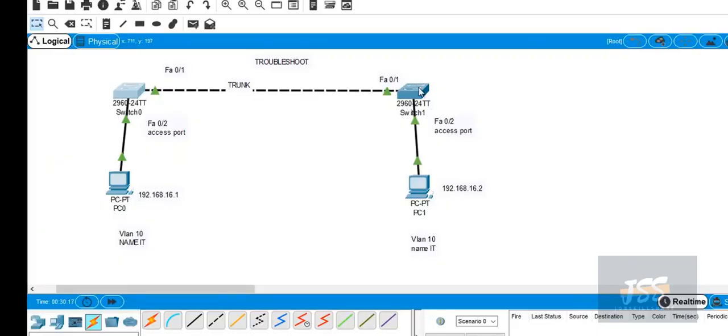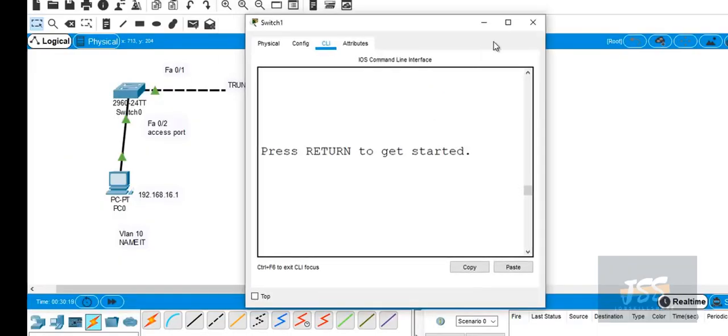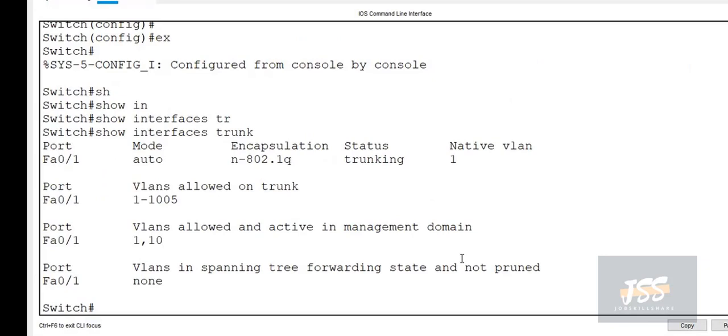Moving to switch 1 and using the same command, show interface trunk: mode is auto here, while the other side is on. Encapsulation is 802.1q, trunking is the status, and the allowed VLAN is 10. Still we cannot ping between the two PCs, so now we have to resolve this issue.